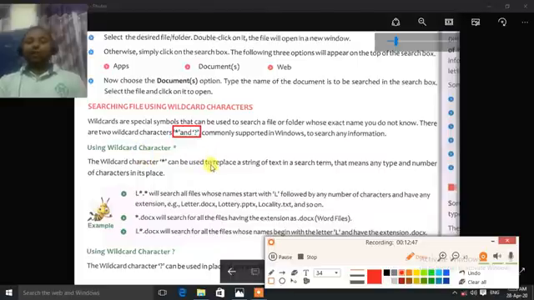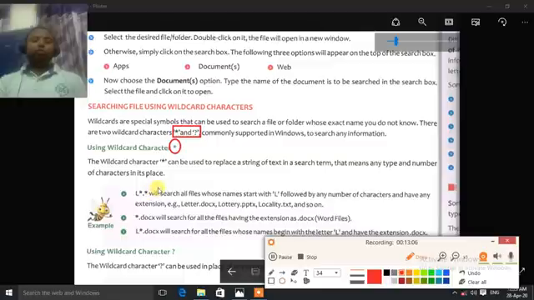Using wildcard character asterisk, this is how to use it. The wildcard character asterisk can be used to replace a string of text in a search term, that means any type and number of characters in its place.